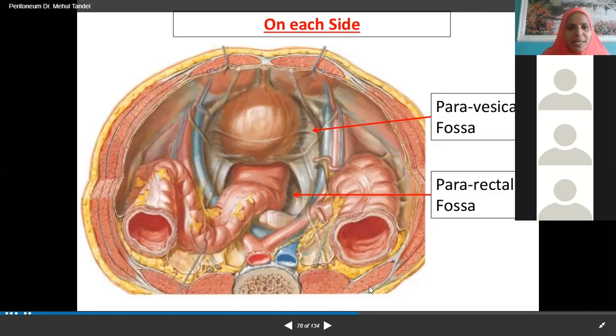Orientation of picture is clear. Skin, superficial fascia in the abdomen, just below which we have external oblique, internal oblique, transversus abdominis, fascia transversalis, then peritoneum. We know the layers. The aponeurosis of these oblique muscles will form rectus sheath, enclosing rectus abdominis muscle, which I have given very clear explanation in my previous lectures.